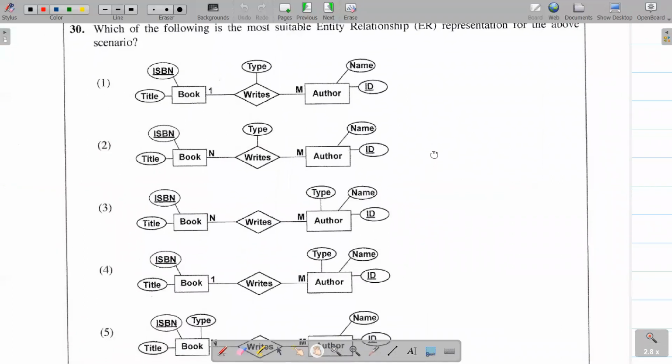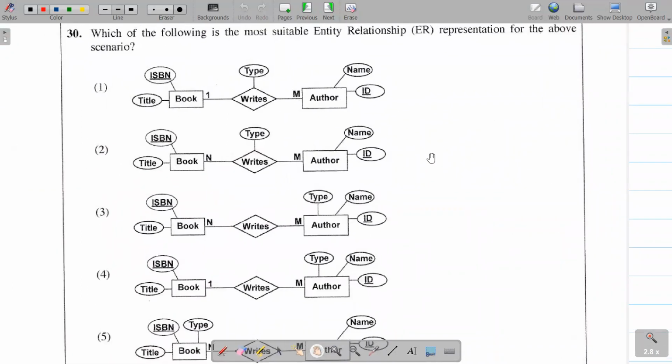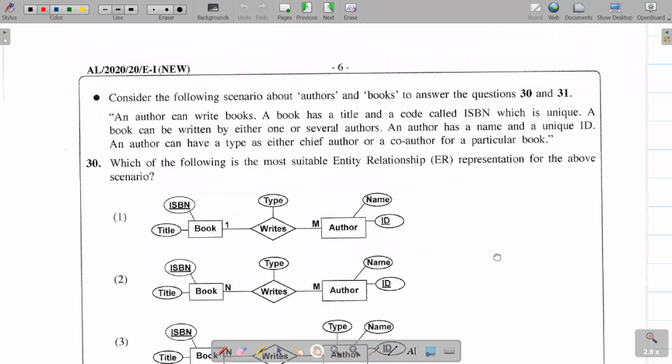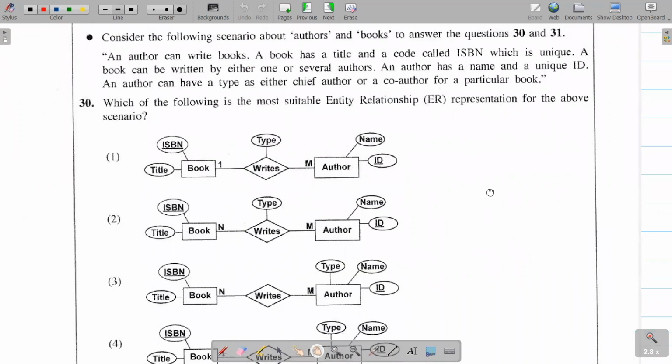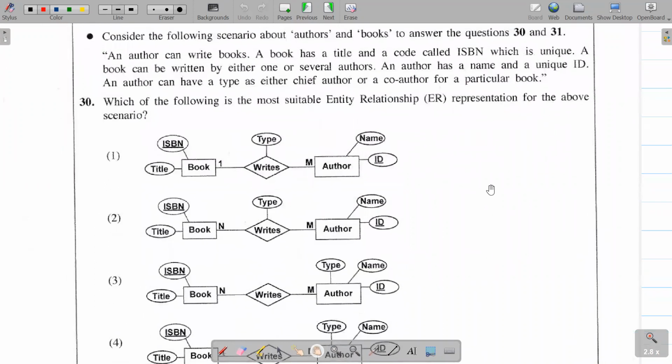Yes, in 30, which of the following is the most suitable entity relationship representation for the above scenario? Yes, what's the above scenario? Oh, sorry. So it says